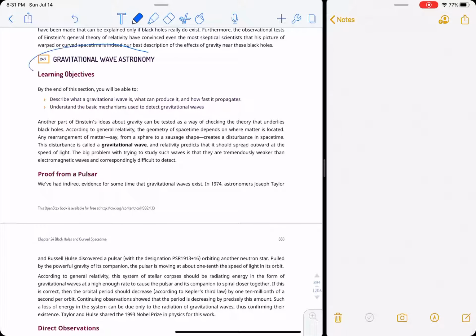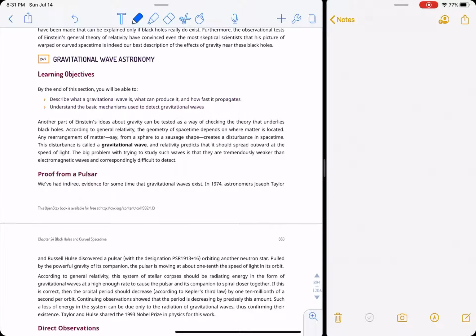Okay, gravitational wave astronomy is a brand new field. It's a very exciting field, and basically, if a black hole causes a warping in space-time like this, what happens if you suddenly got rid of the black hole? Well, that warping would have to go whoop, and then it would kind of jiggle, whoosh, and snap back into place and release a bunch of jiggle, like a child jumping on a trampoline.